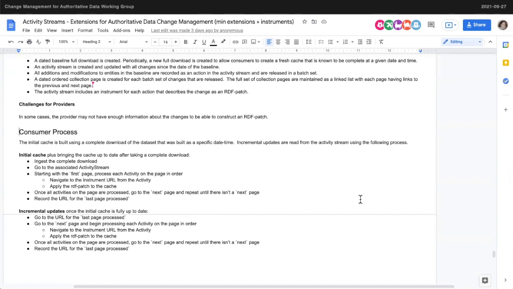So on the consumer side, the initial cache is going to be created from a full download. So you see the initial cache, it says bring everything in, just the complete download. And then you go to the associated activity stream and just start cranking through it. You start with the first page and navigate to the instrument for each activity and apply the RDF patch. And then you go to the next page and do the same. And you keep going until there's not another next page. And then you make a note of what the URL is of the last page processed, because now we're going